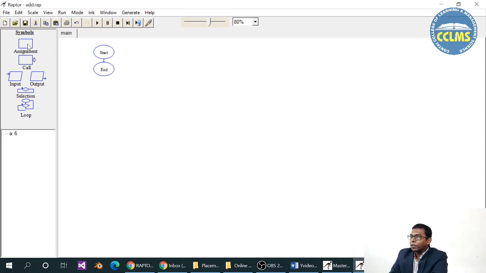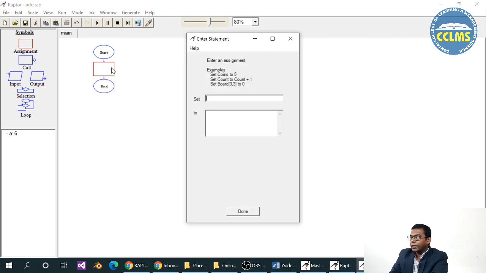So here at first we have to take one variable and set this variable's value to 1 because we are going to print the numbers from 1 to 5. So click on the assignment statement, click here, right click on it, click edit. In the set, write the variable name, suppose A, and to 1.